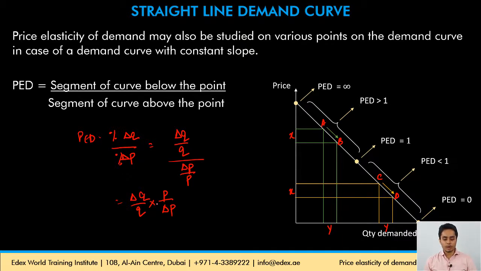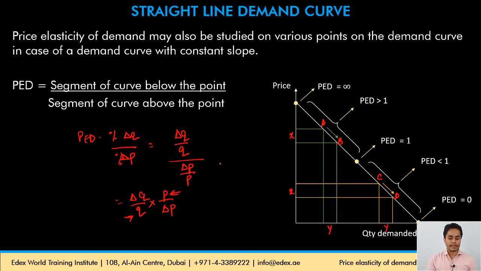The change in quantity and change in price at both points A and C are same, X, Y, X, Y. But what about the old quantity and old price? Now compare the values of old quantity and old price in this formula. At point A compared to point C, you will see that the old quantity is obviously lower because it is on the left of the x-axis, whereas the price on point A compared to point C will be higher because it is at a higher value on the y-axis.